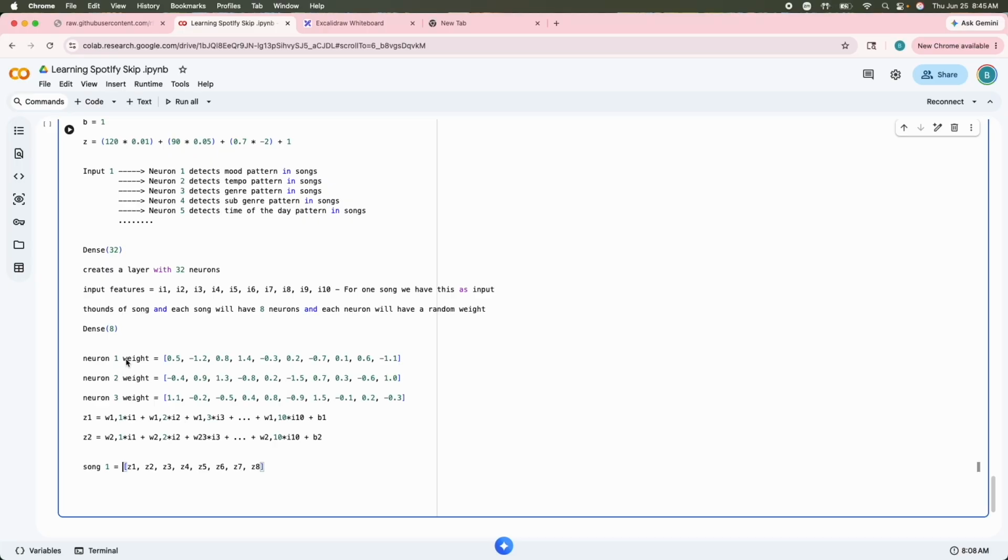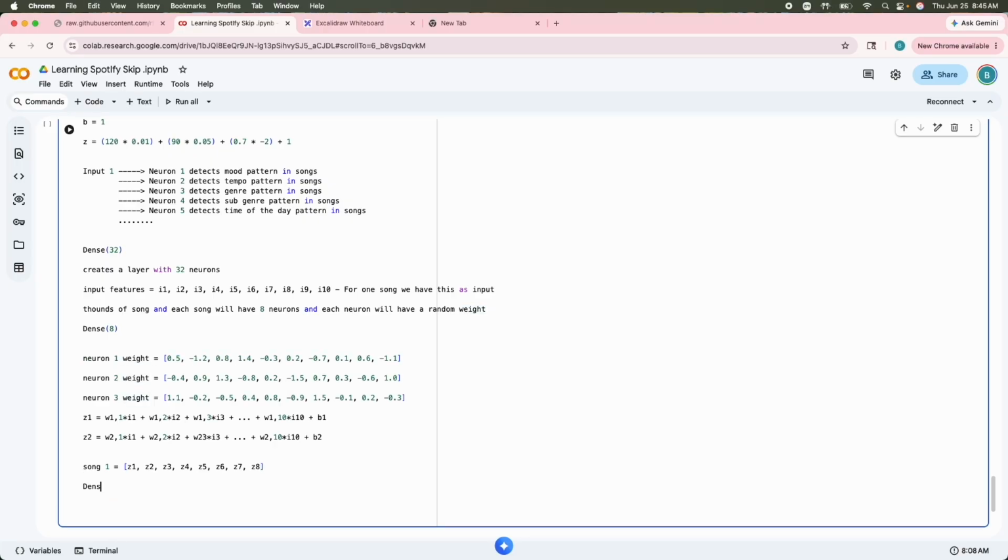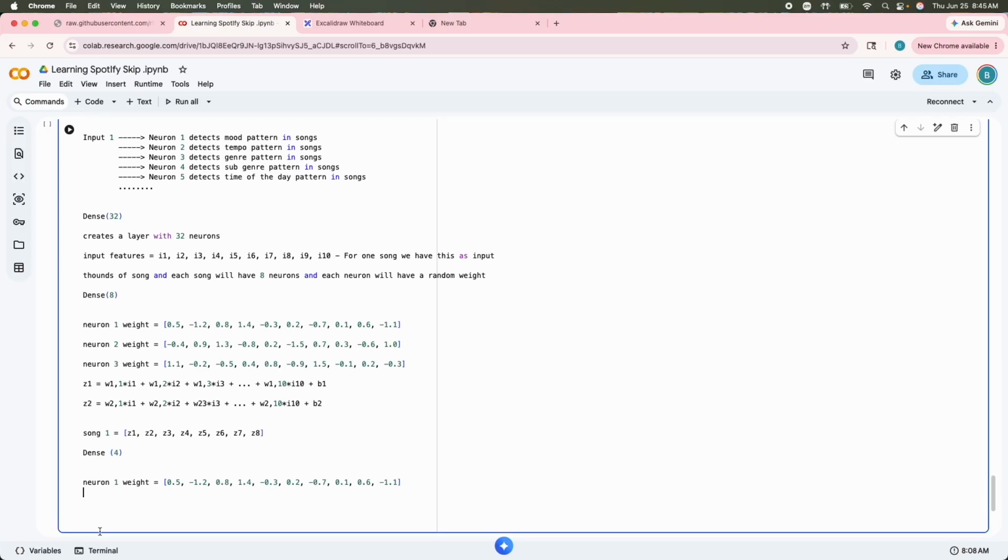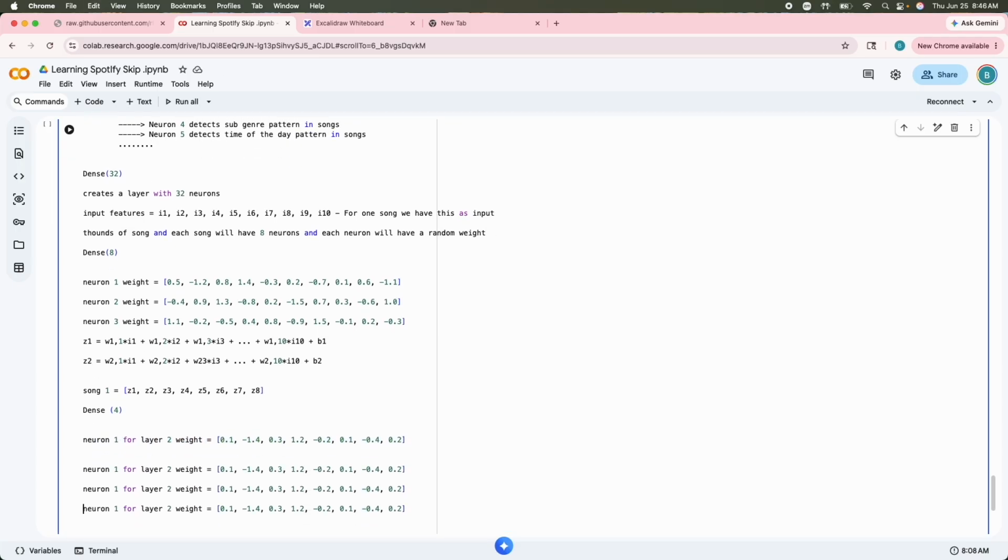and again every neuron in the second layer starts with its own random weight. So let's say now we have a dense layer of 4, and neuron 1 of layer 2 will start with just 8 weights, because our input is only 8 now. So instead of 10, it will start with 8 weights, and they will be random, anything, like 4, 1, 2, 2, 3, 4, 4, 5, 1, something like that. And the same way we'll have neurons 2, 3 and 4,